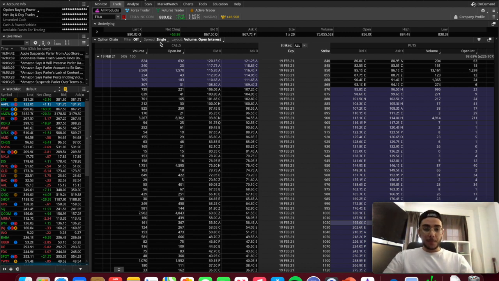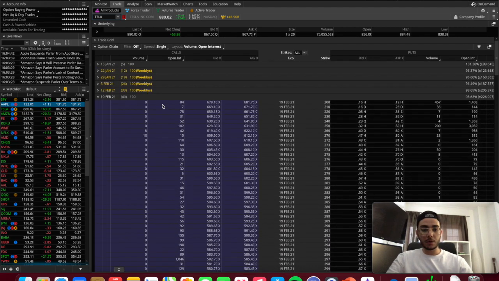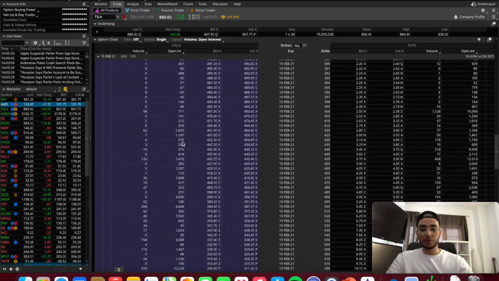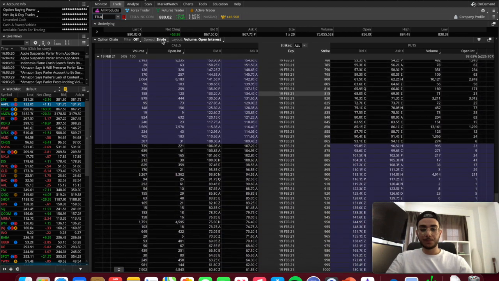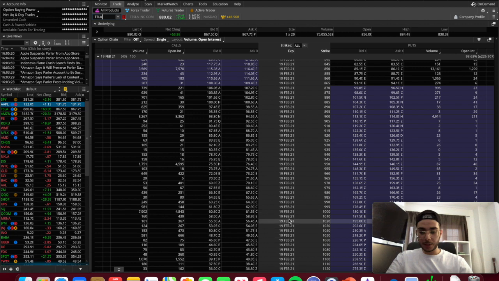So basically, when you go on Thinkorswim, let's say you went on Tesla. So here are Tesla contracts. I went on 19 February. Since I'm swinging, I'm planning on, hypothetically, right, holding this position overnight. So I went on 19 February 2021. And I'm going to choose something out of the money, right? So let's say you want to buy the strike 1,000 for the 19th of February, right? That would cost you somewhere around 6,100.